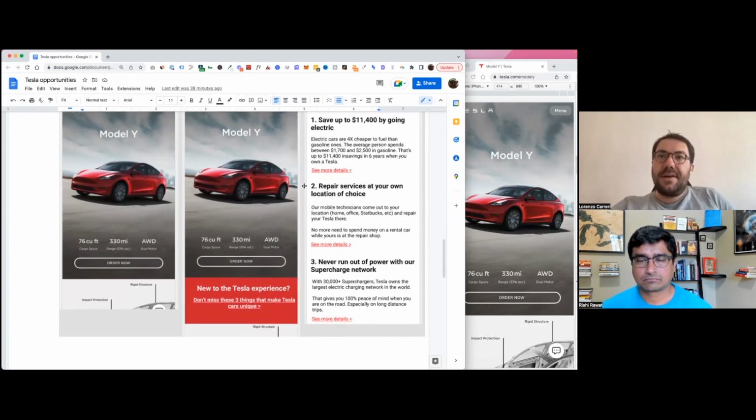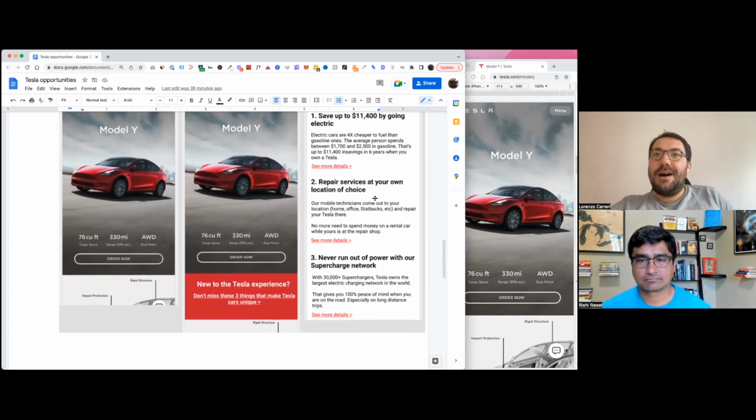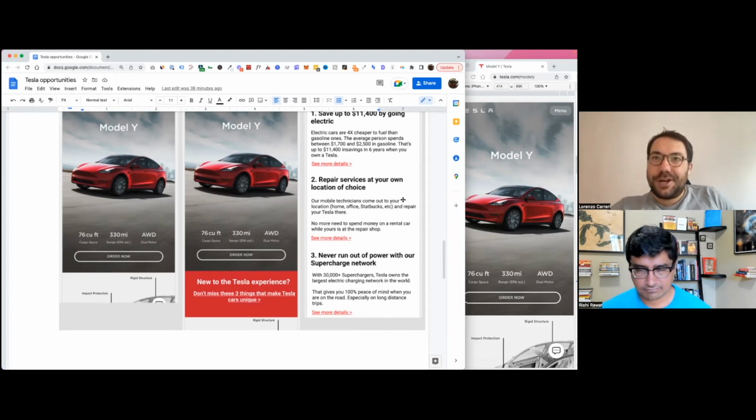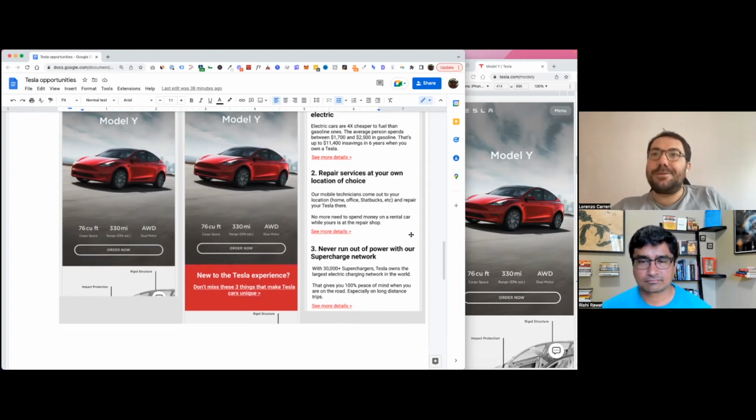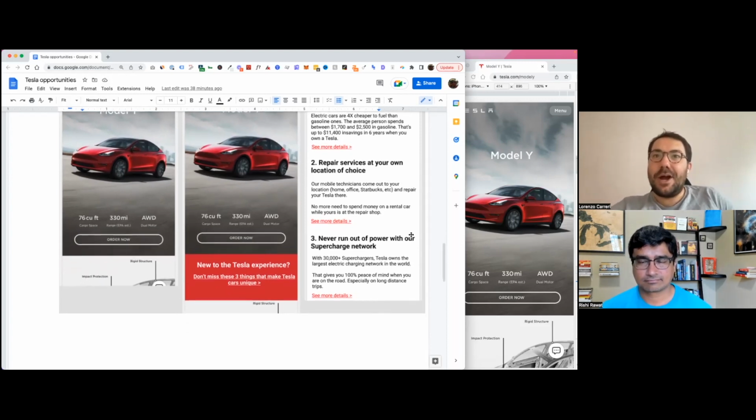The second benefit is, I didn't know this, they come to your house or whatever location you are, like the office or even at Starbucks, to repair the car, obviously for minor repairs. So what I put is repair services at your own location of choice. Our mobile technicians come out to your location, home, office, Starbucks, and repair your Tesla there. No more need to spend money on a rental car while you're at the repair shop, which is an awesome benefit. I didn't know that. I was not aware of that, but that makes sense because they don't have car